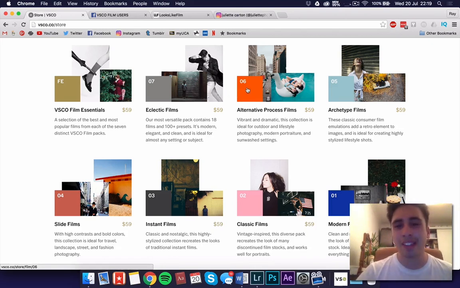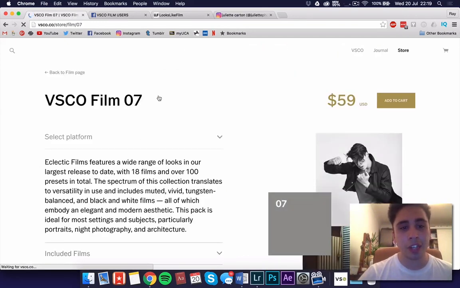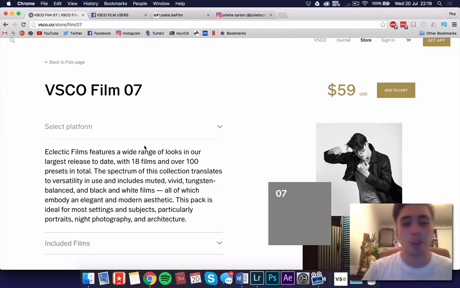And Portrait in Pack 6 is just, I love it. But today we're using Eclectic Films Pack 7, so let's read a little bit about it. Eclectic Films features a wide range of looks in our latest pack to release, with 18 films and over 100 presets in total. The spectrum of this collection translates to versatility